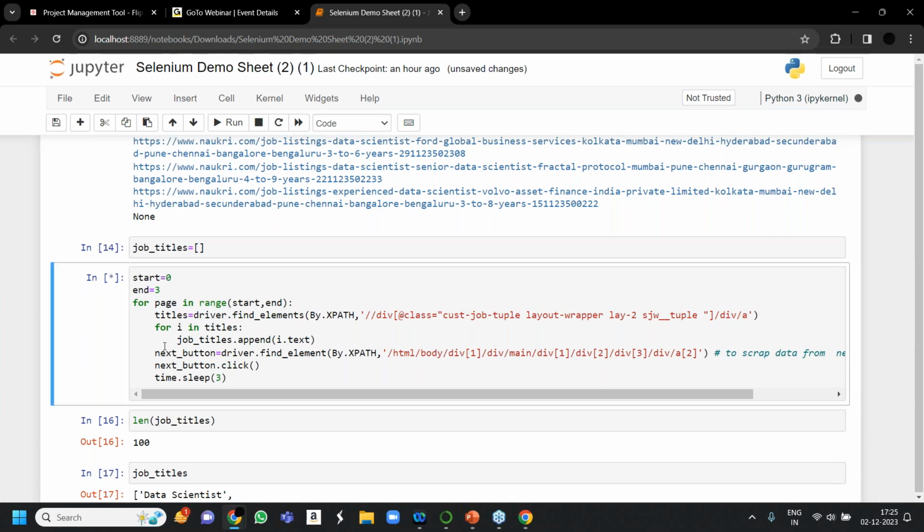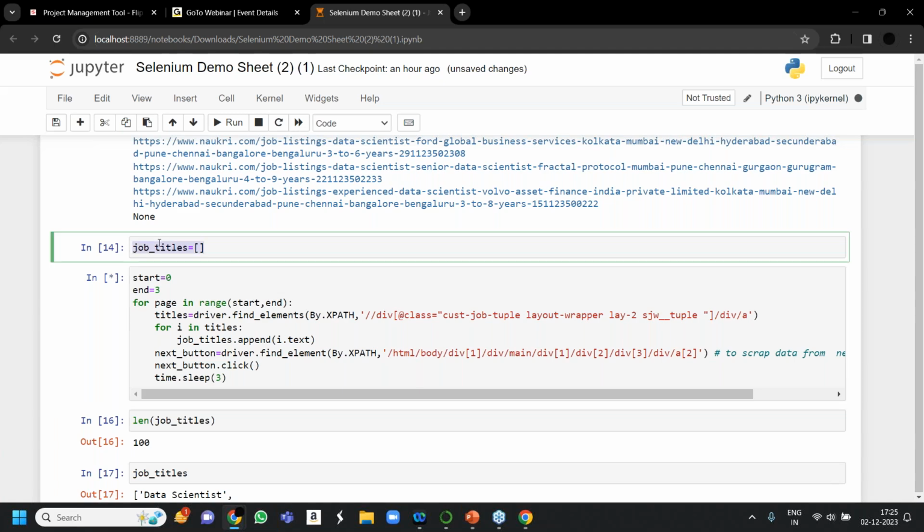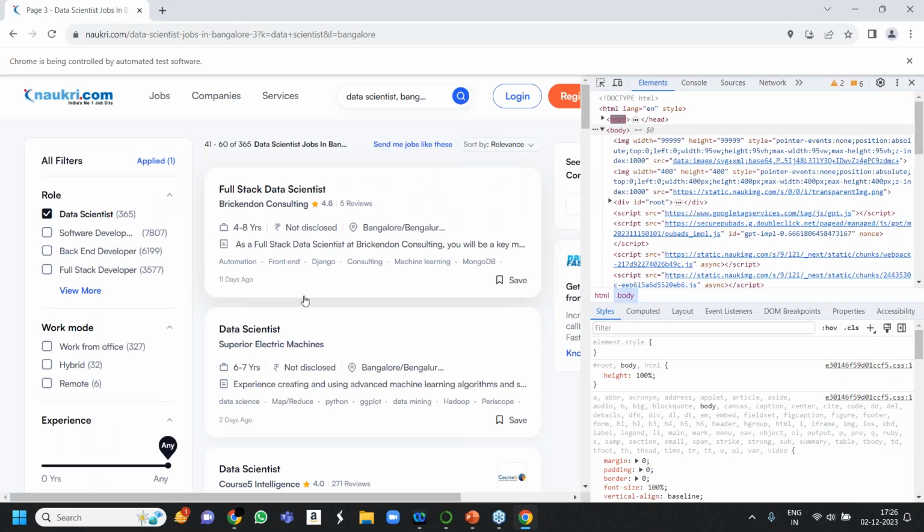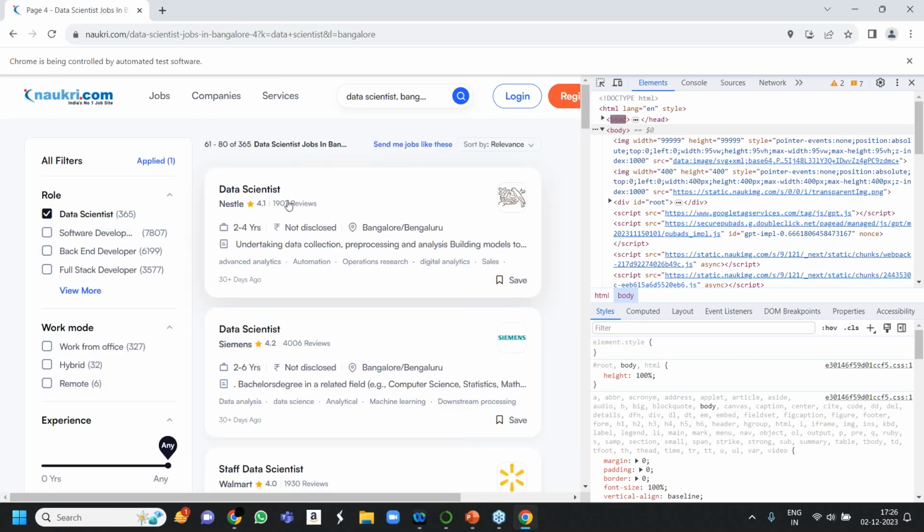So let me run this code. I think I have not initialized this. Yeah, okay, it is working. See, my page is running.